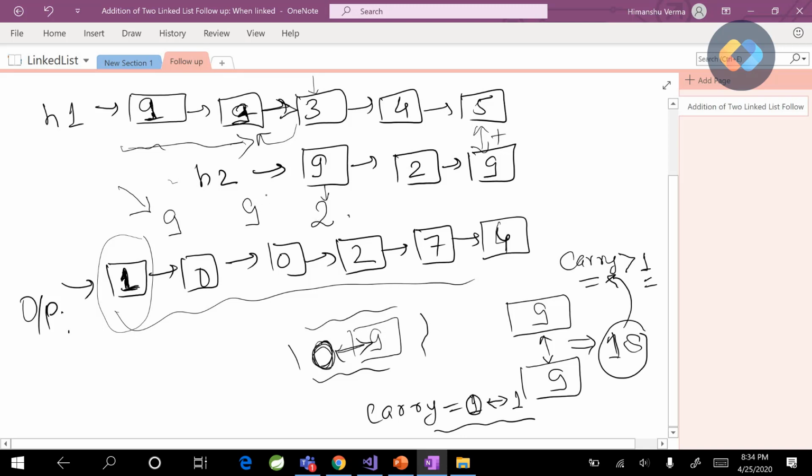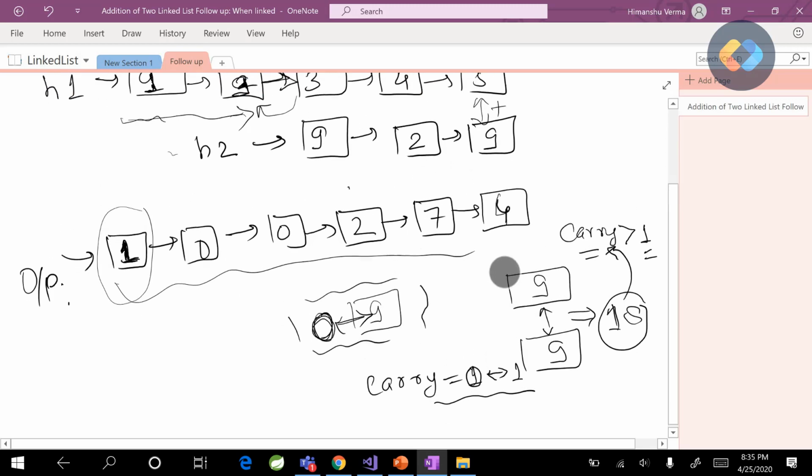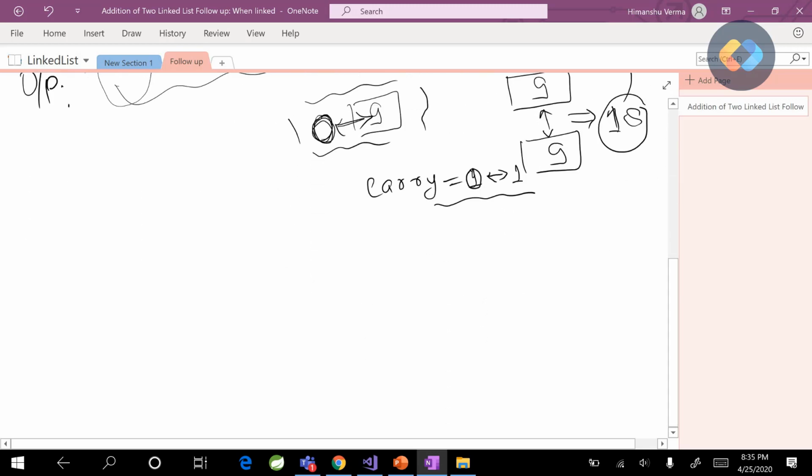So we have to have a pointer which stays at the previous node, and we should be able to traverse this pointer whenever we have the carry. What about the other thing that we need to think about here? Let's take one example here.